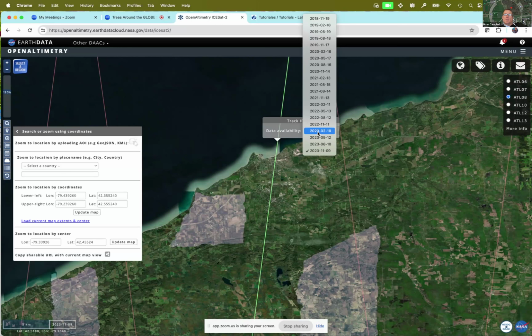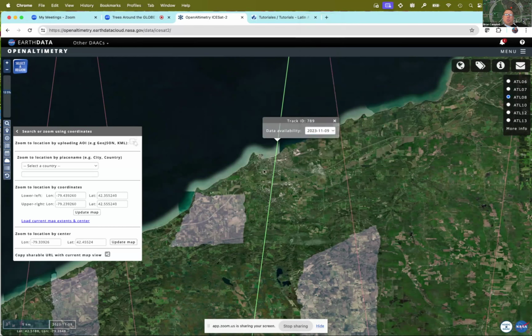So I'm going to click on this one here, because I know where I'm going to find some things, but you will find these tracks, these photons will pop up. Sometimes it takes a couple seconds for it to pop up. So it's highlighting that area. You just got to wait a second. Okay, there you get the one that runs right through the center of SUNY Fredonia. So I'm going to zoom in here.